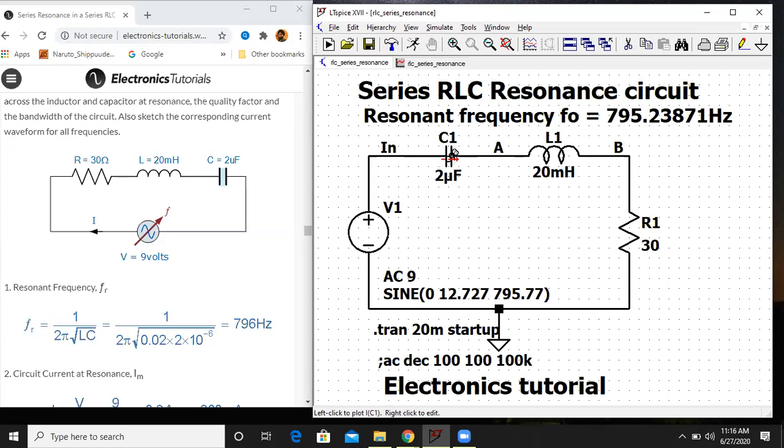It is showing in this left to right direction, right? So if in your case it is showing the opposite direction, what you do is rotate the capacitor 180 degrees so that the current is coming in the right direction. Similarly here. So all three current directions should be the same.